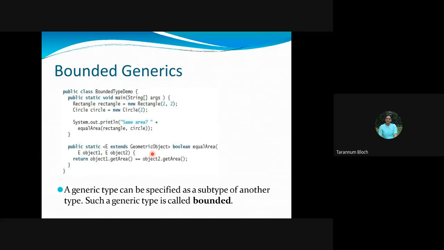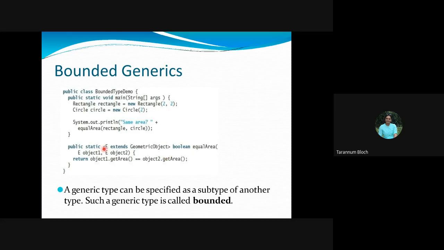So what we are doing is comparing the area of these two. How can you compare the area of these two? We are creating a method equalArea, which takes two different objects in the argument, rectangle and circle, right? Here we have specified it.